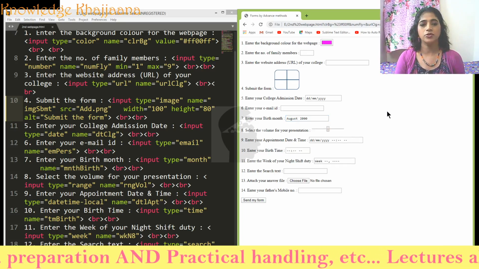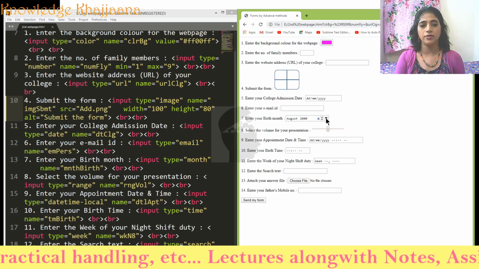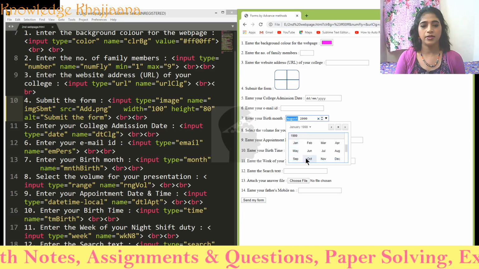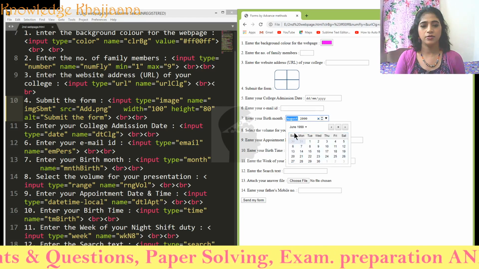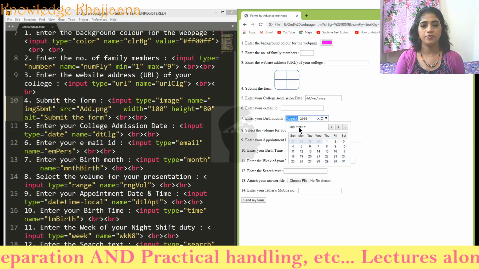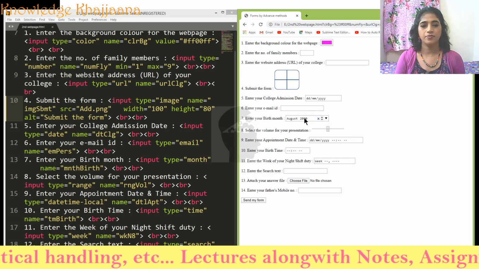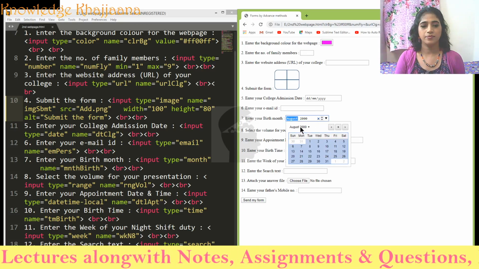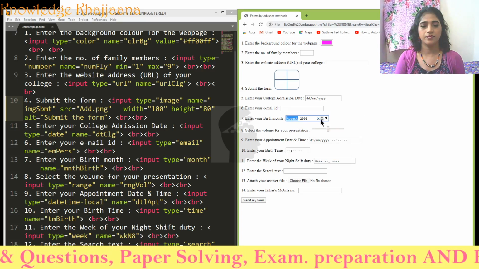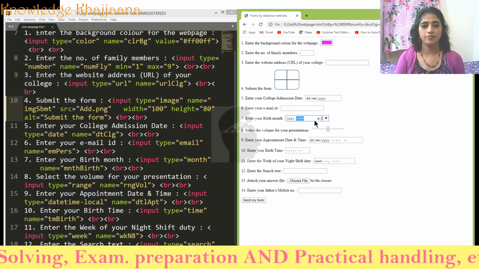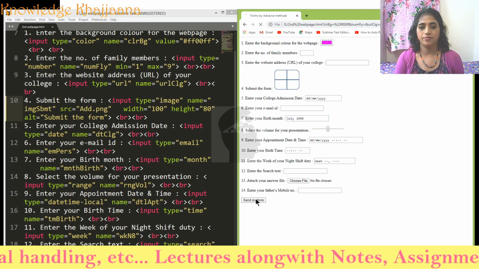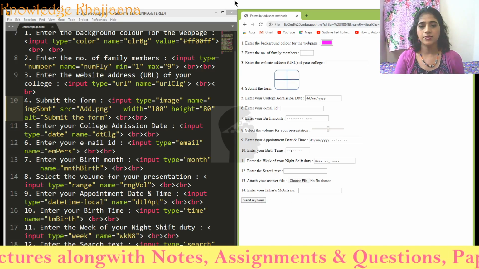So this element provides you only 1999 July. It is validated.